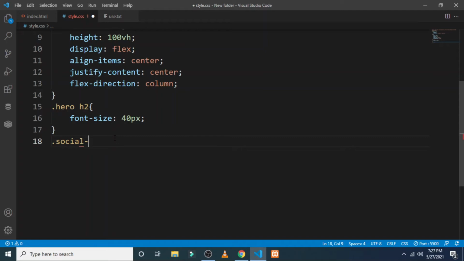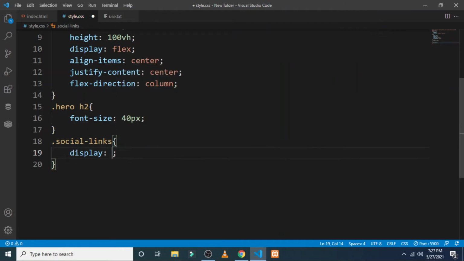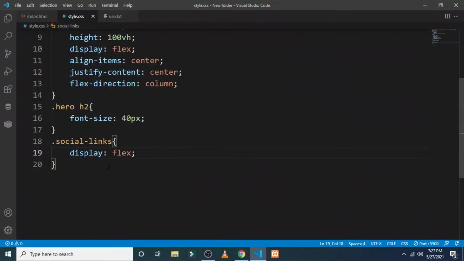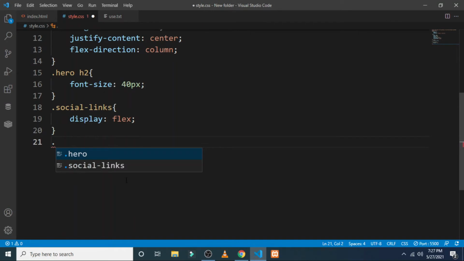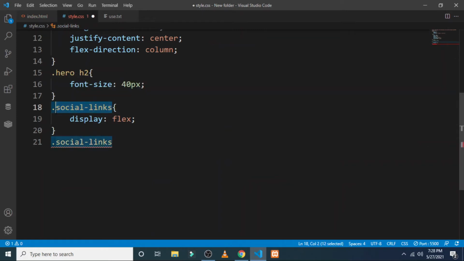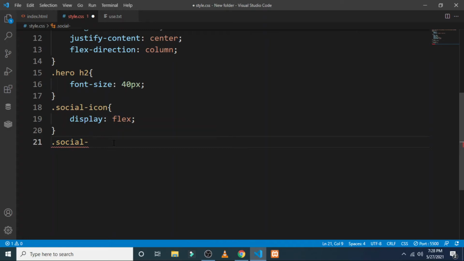Before the anchor tag, we are going to set social icons, not social link, it's my mistake. Display will be flex, but there has been no change as you can see. So to fix this, after seeing that social icons is used, copy this and paste it here, and paste again here, social icons.